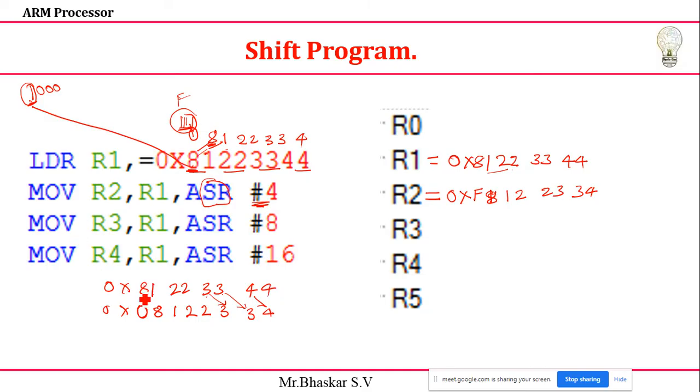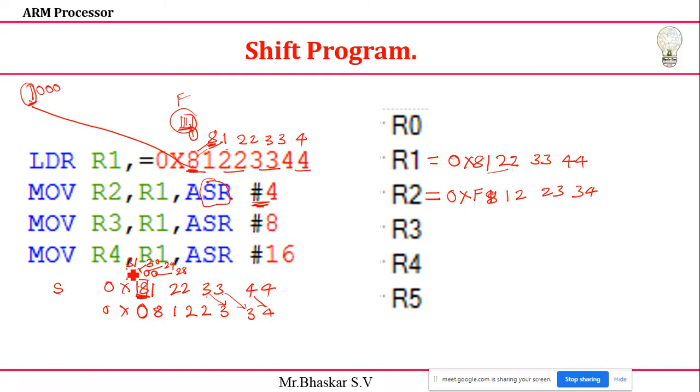Now what the arithmetic shift right was telling: after shifting, you just check the MSB value, or 31st bit, of the source register. So how to get the 31st bit? Just take this one. You take 8. 8 means what is the value you have? 1 0 0 0. Here 1 is the 31st bit, 0 is the 30th bit, this is the 29th bit, this is the 28th bit. So the 31st bit is 1.